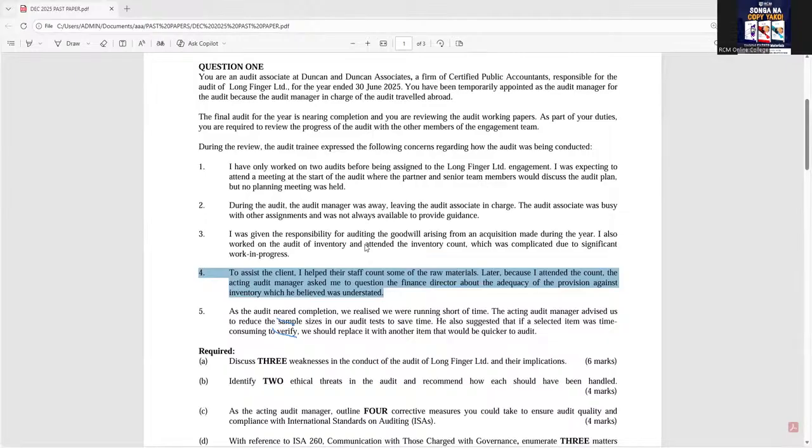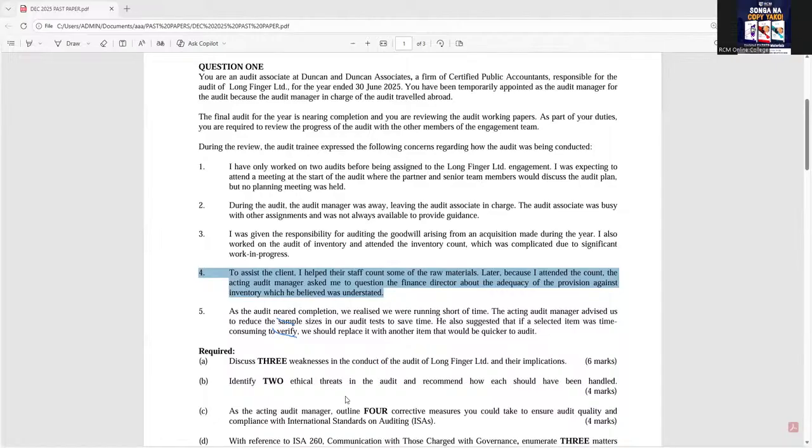I repeat, the examiner can frame the question like this. State, of course, in advanced auditing they won't actually call upon you to just state, but let's assume the question is like this: state the threats to the professional code of ethics. Alternatively, the question could be: state the threats to independence and objectivity of the auditor. The question is like the same, because you'll give similar answers.